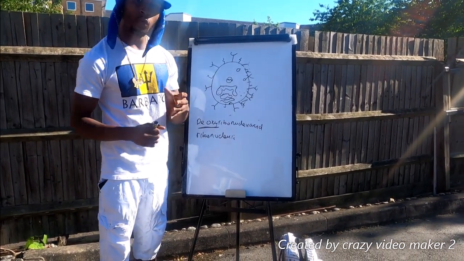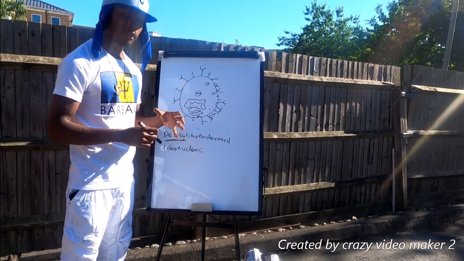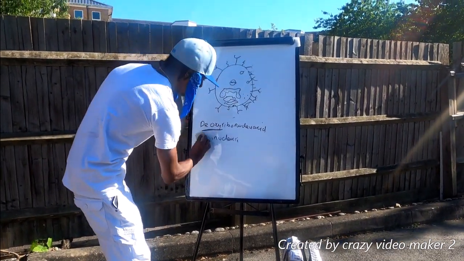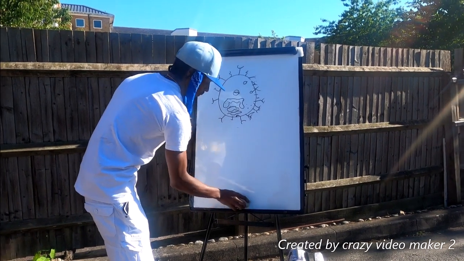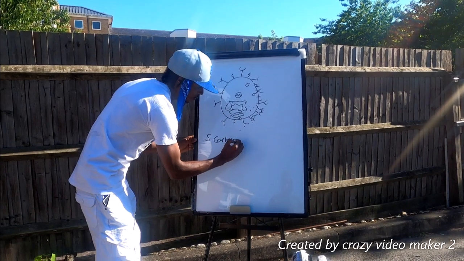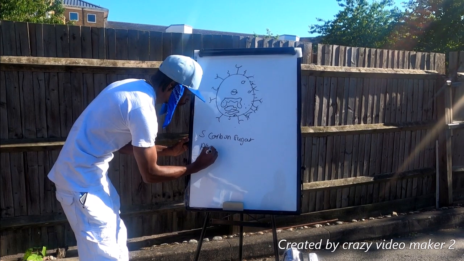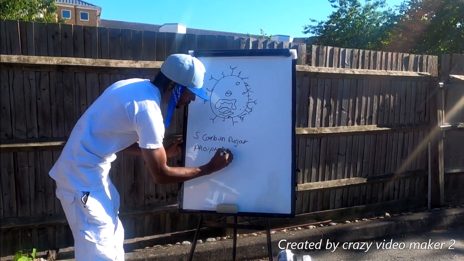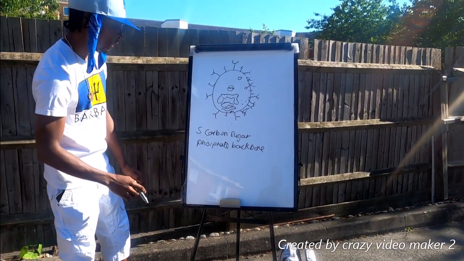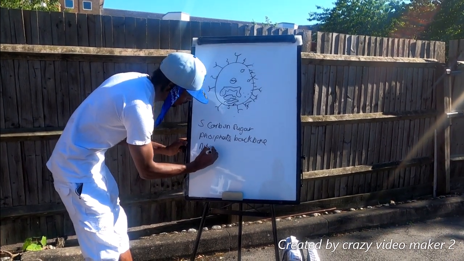So DNA and RNA, yeah, are the two nucleic acids that are constructed by nucleotides, yeah. Nucleotides are the five carbon sugars, yeah. We've got the phosphate backbone. This is the construction of a DNA or RNA, yeah? It has the 5 carbon sugars, the phosphate backbones, and you have the nitrogen bases, yeah?